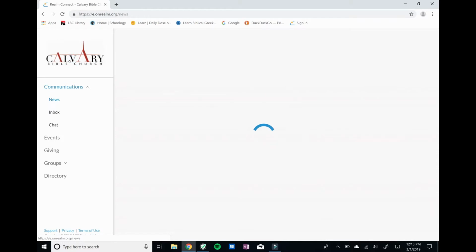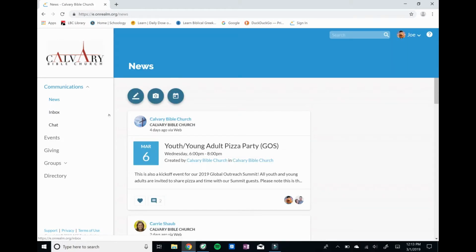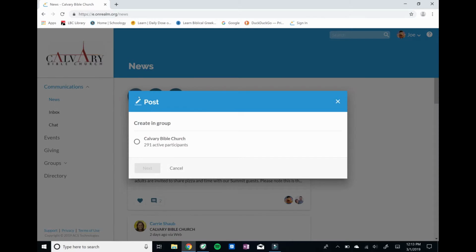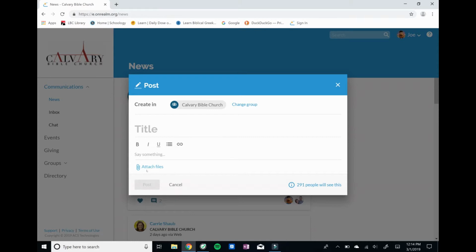We're going to click on this Calvary Bible Church icon. It's going to take us to our main church feed. And just real quickly, I want to show you what it looks like to start a post. You'll have the option to choose what group you're going to post to, but because Joe's only in one group right now, that's the one he's got an option to post in. So we're going to create a title here, pray for my uncle, and then in the body of the post you can say, please pray for a